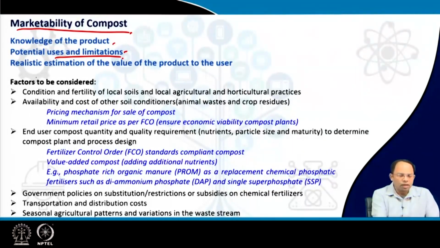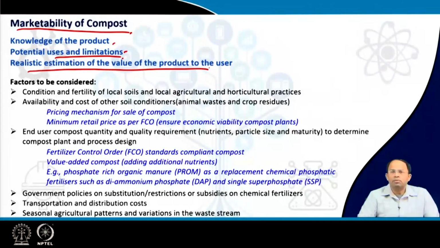Okay. Another thing is a realistic estimation of the value of the product for the user. We should really know how much value people give to this compost, because there are so many other alternatives available as well. For example, people can use animal manure, or crop residues locally in their own agricultural field, right? So compost is a competitor of this kind of organic manure. In that case, we really have to estimate how much people are willing to pay for this product. We can set a price for the compost as per the production cost, but there may not be any takers for it. So this has to be very carefully thought about.